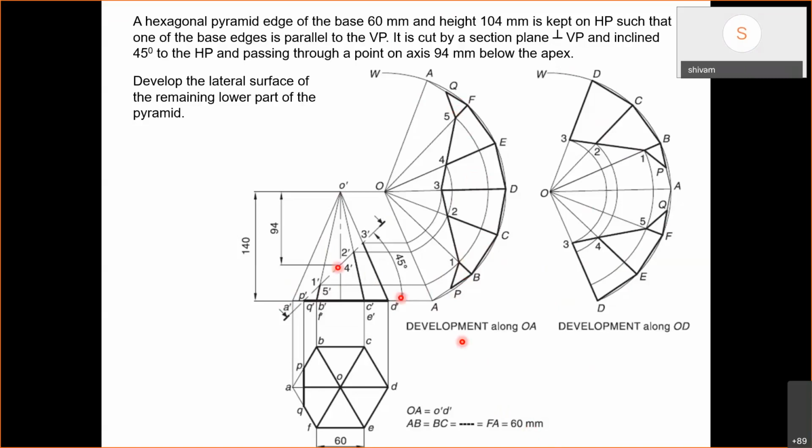Actually, here our purpose is to obtain the length of this one on this slant edge, right? So the true length is available here and here on these two, and also this location is already available to us. By location, what I mean is the section plane is intersecting this edge, say O1, at how much height? That height is already available to us. So we can move parallel to the base and go on to the true length of this. Going to the top view is not needed for this.